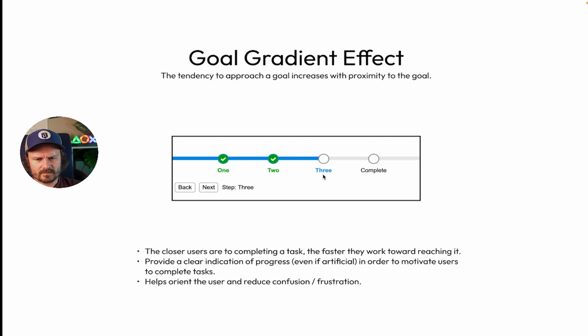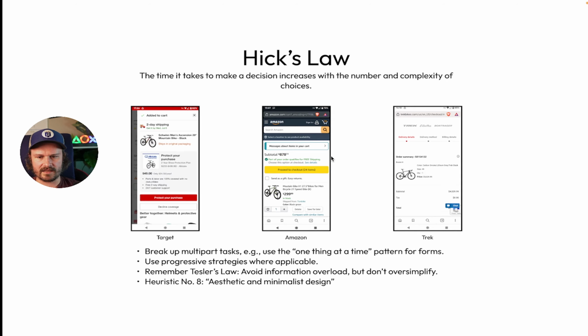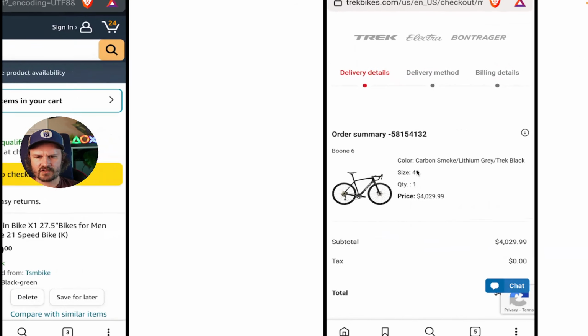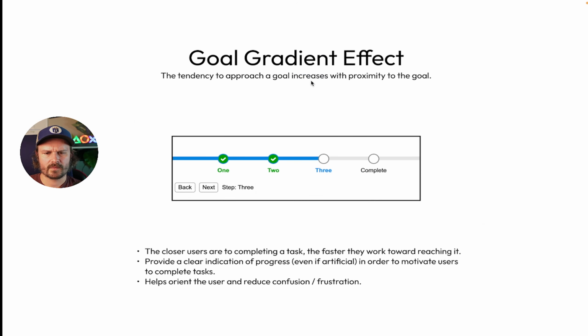As seen in the Trek example here, Trek very wonderfully included a progress bar at the very top, and it lists three points in the process of checking out. So we had filling in the delivery details, filling in the delivery method information, and then lastly filling in the billing information. And by including that information, which Amazon and Target did not have, a progress indicator,